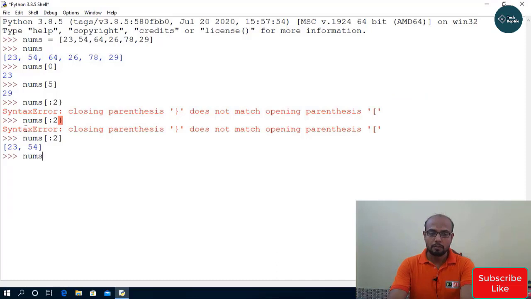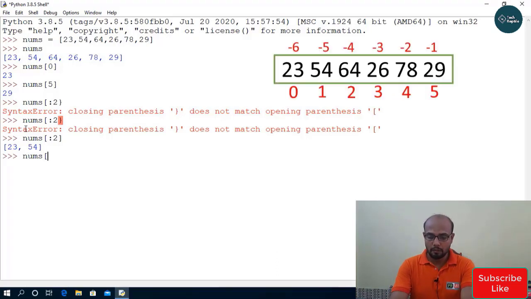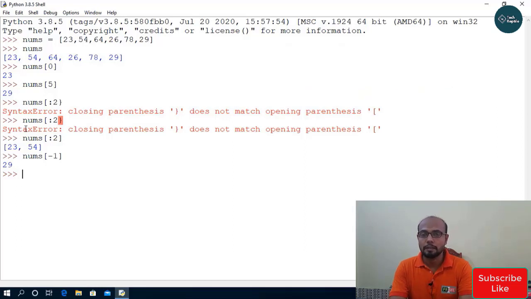If I want to use a negative value, what will happen? It returns the last value of this list, because in a list -1 indicates the last value, and if you want the first value from my list with a negative number, then it will be -6 because it starts from -1 to -6, where -1 is the last one. I have got the first one with the value of -6.